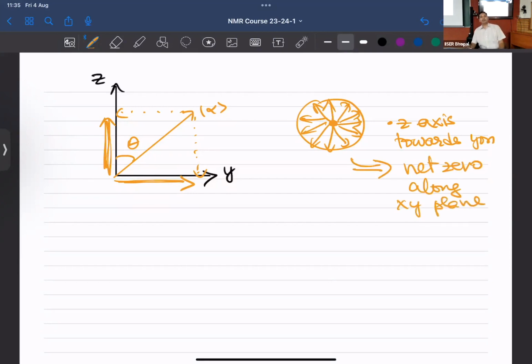Everybody on the same page? What did I say? You take a vector and resolve it into two mutually orthogonal components. The component along Z for each of the alpha spin state will be adding up with each other. On the contrary, since there is no proper transverse population that exists, the transverse components will cancel with each other. So the transverse component literally goes to zero after vector addition, or close to zero,